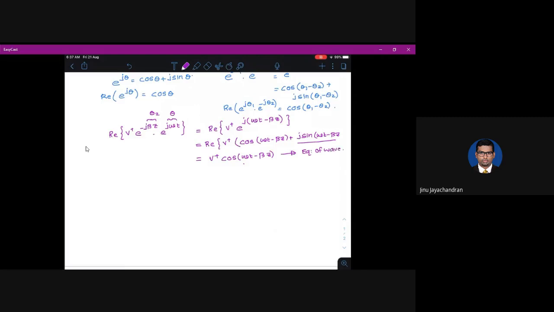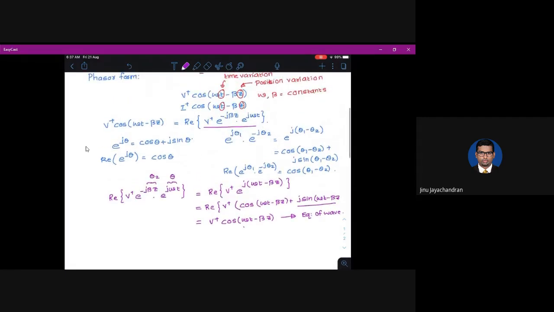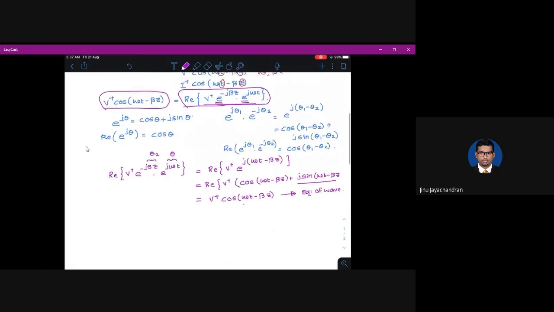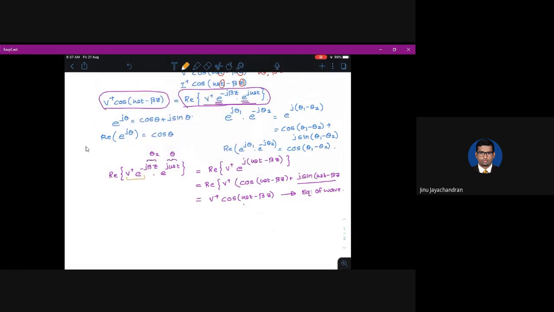So this is a time dependent and space dependent wave. But the important thing is when we represented this wave in terms of this form, you see that the time and the space are separated. So that will help us in solving the equation. Okay. So I'm going to write this term as Vs of z.